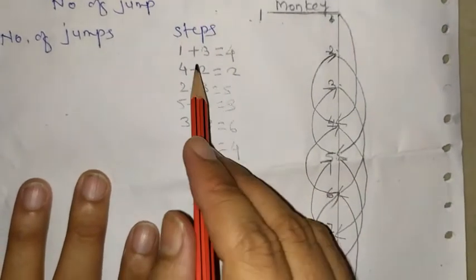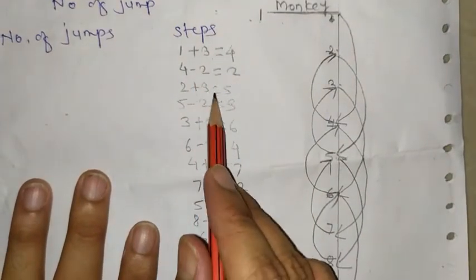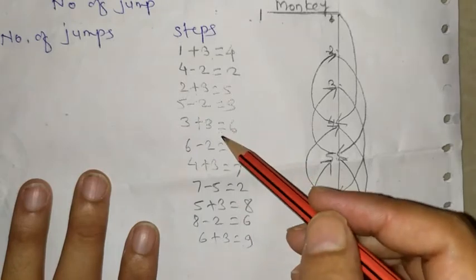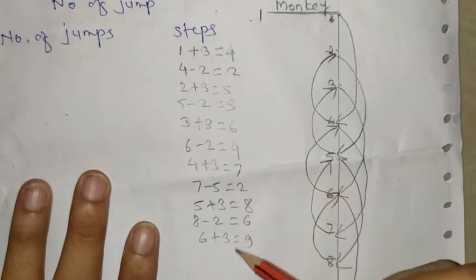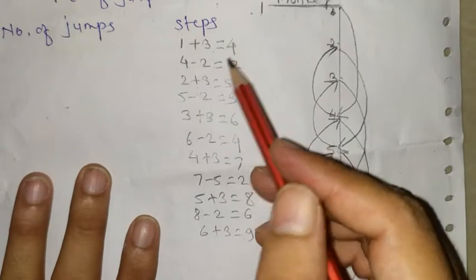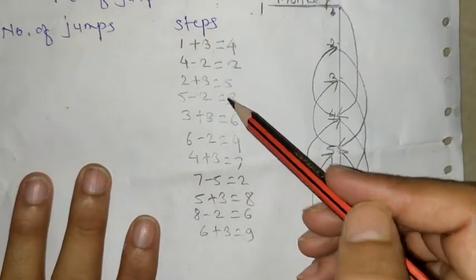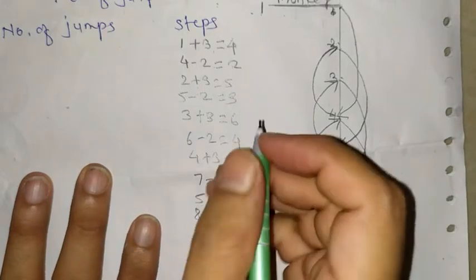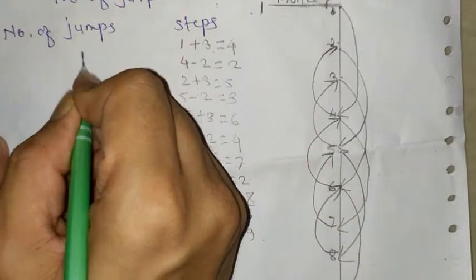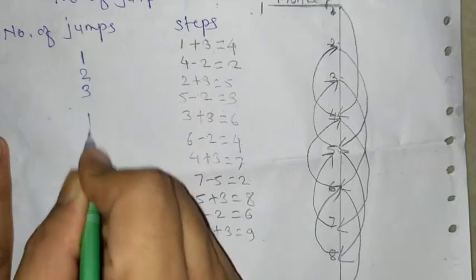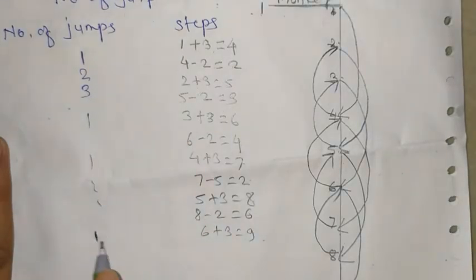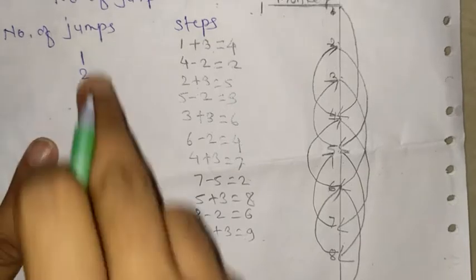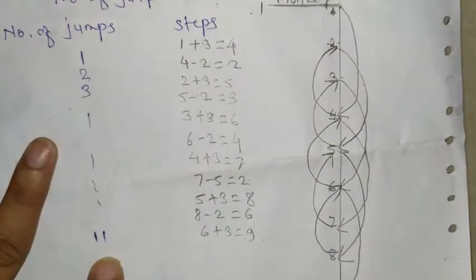So see the equation carefully: plus 3 minus 2, plus 3 minus 2, means every time plus 3 minus 2, plus 3 minus 2 is coming. And then you count the number of steps. 1, 2, 3, 4, 5, 6, 7, 8, 9, 10, 11. So here by pen also I noted down 1, 2, 3 up to the total. Then you write it down when you write in your copy. So you write systematically like 1, 2, 3 up to 11 steps.